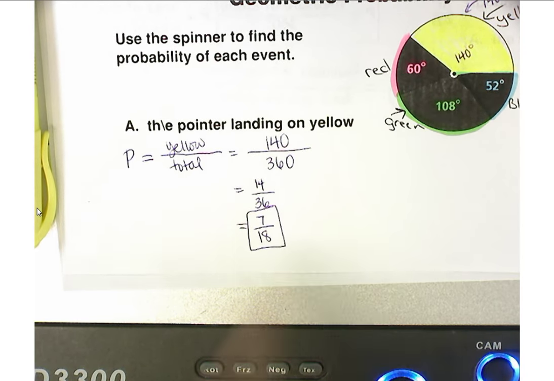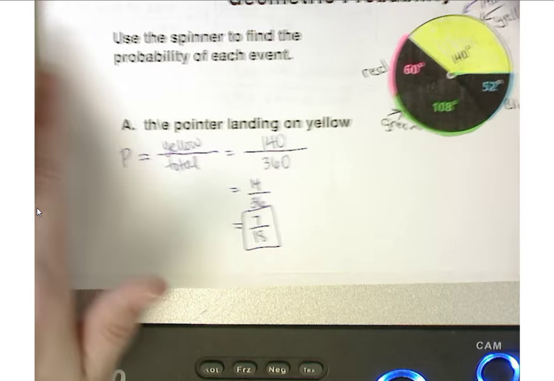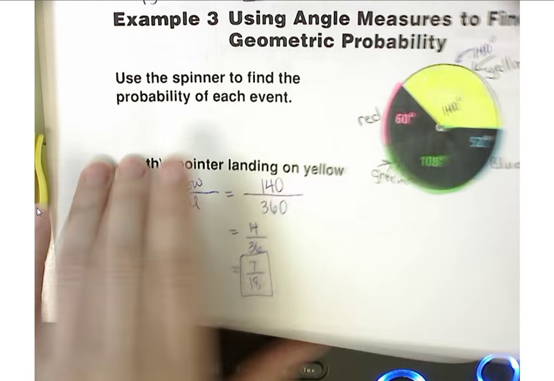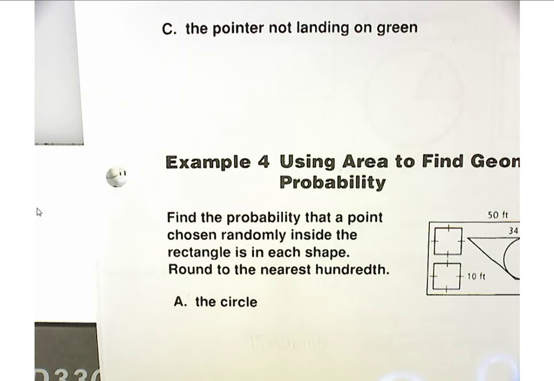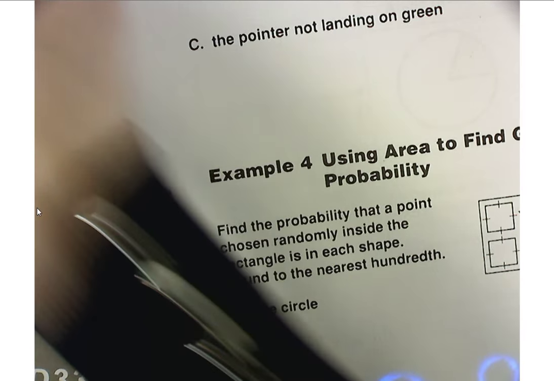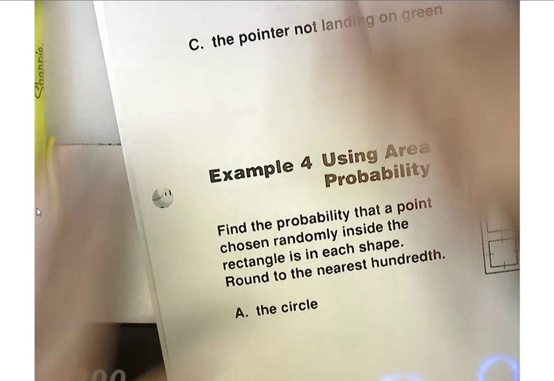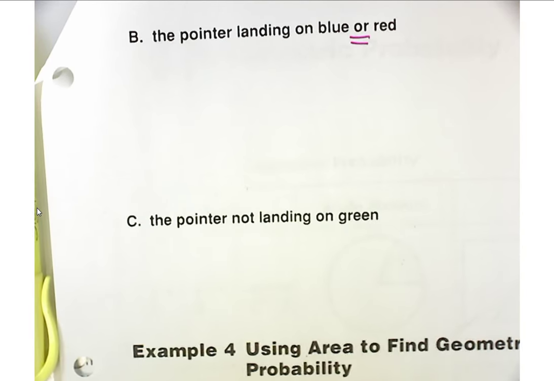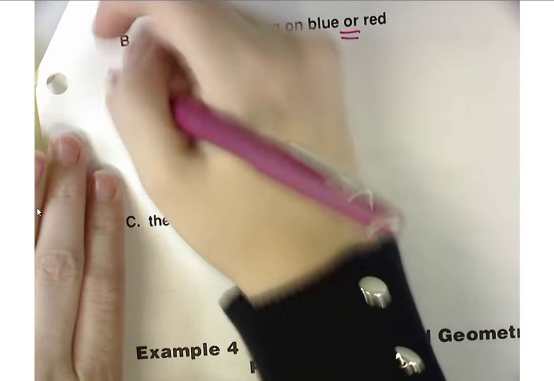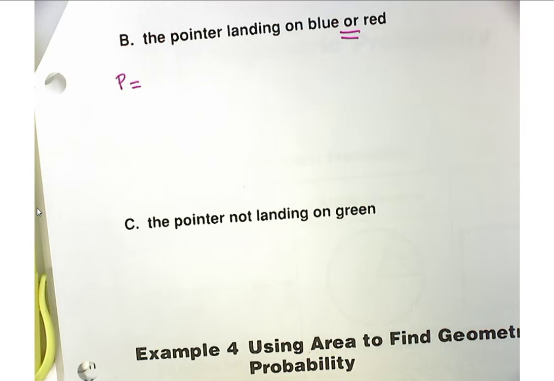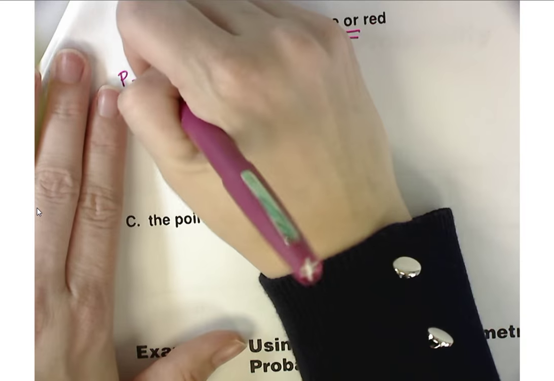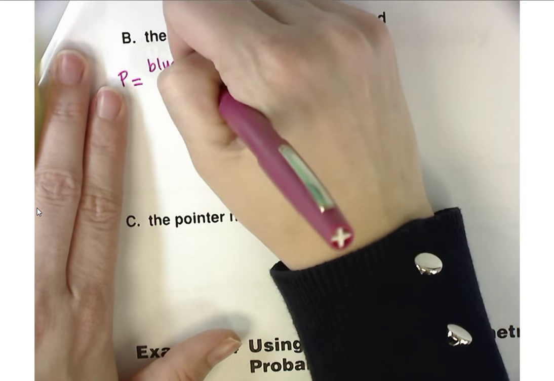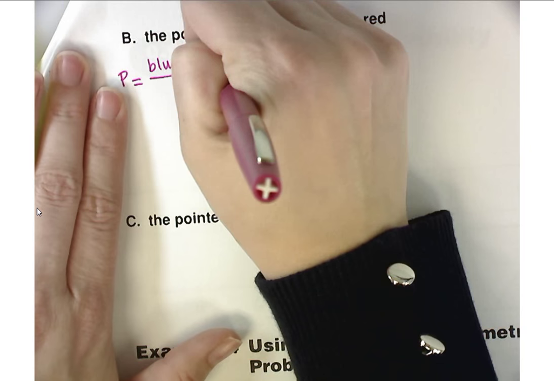Okay, so then the probability for that is going to be 7/18. Okay, now this is B, so we're still using the same pointer, and it says the pointer lands on blue or red. If it lands on blue or red, it can be either one. So our probability is going to be the probability that it lands on blue plus the probability that it lands on red over